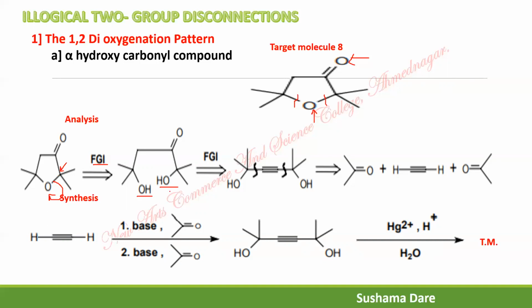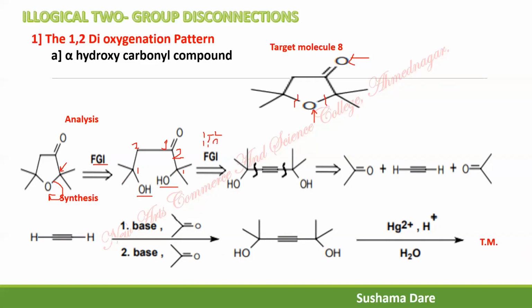Now what are the new relations generated? Now consider this is a new target molecule. Whenever a hydroxy group is there, you always start the numbering from this carbon. So this is a 1,2 relation. Which is the other relation? 1, 2 and 3. So these are the two relations you have: either a 1,2 relation or a 1,3 relation.